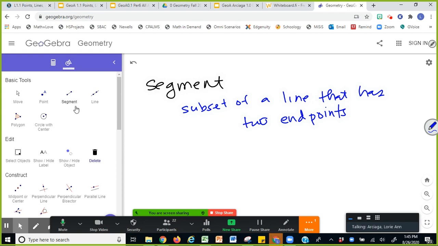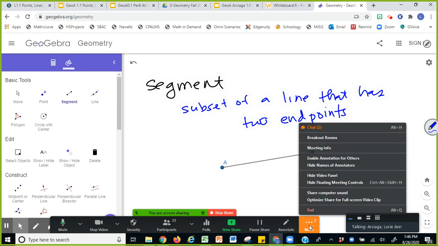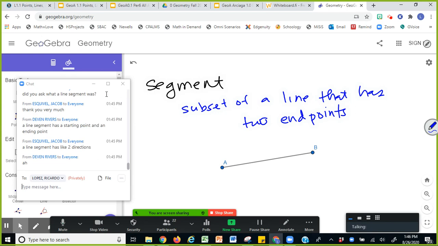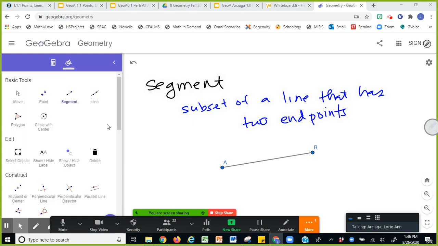Okay, so if you look at my screen over here, if you click on the segment tool and then click anywhere on the white screen and then hold and drag and then stop somewhere, there you go. So you have a line segment AB. A line segment has two directions. Awesome. It could either start from the left and go to the right, or from the right and go to the left. That's a good input, Jacob. And because of that, I think the way you explain it, Jacob, makes the way of naming a line segment very explicit.